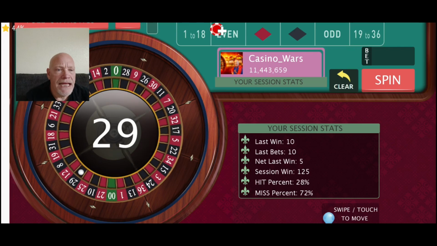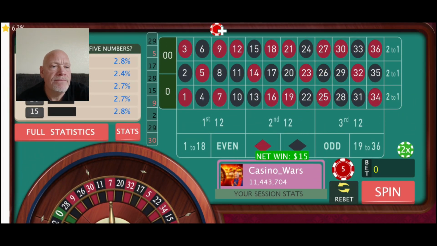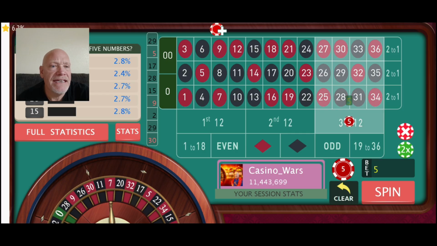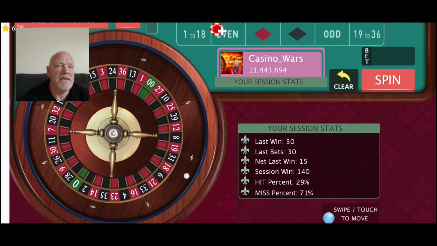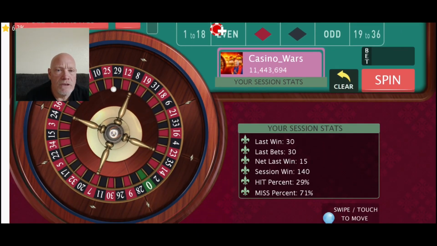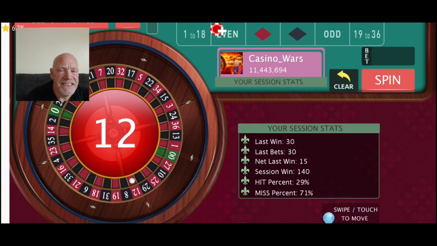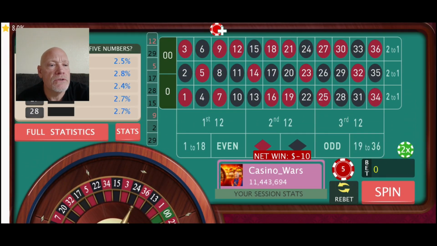That's a 29 black. That's a win. So now we're right back where we were supposed to be. So now we go back to $5 on that and $5 on the longest since it's hit there, and spin. 140. So another $10 and we'll get our goal for the day, 12. All right, that's a loss. So what we're gonna do is rebet,